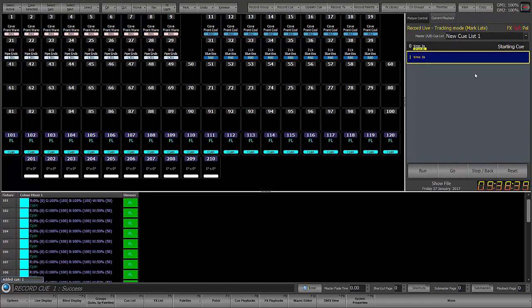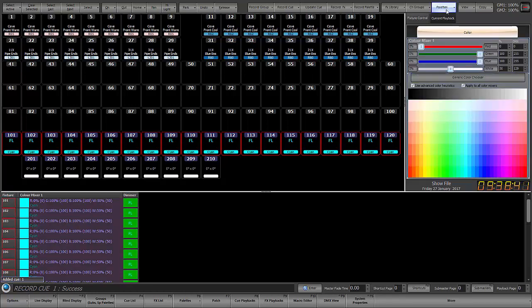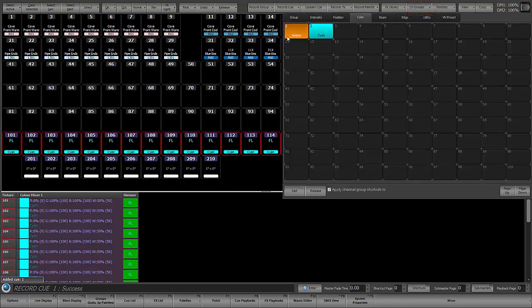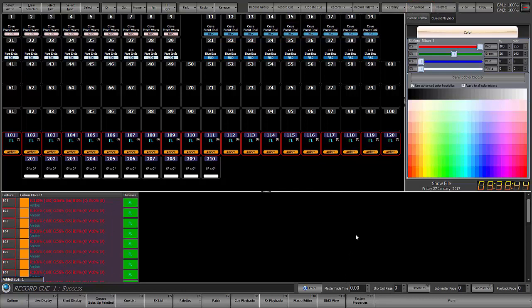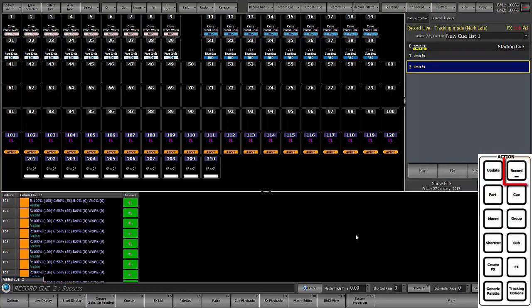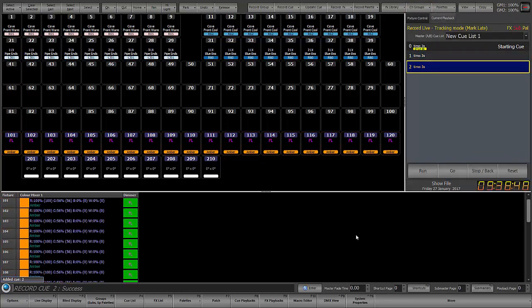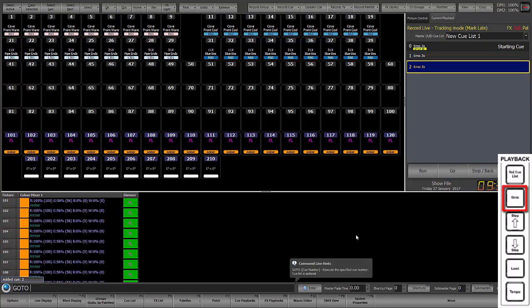And I'll just say select previous, and we're going to go to our palettes. We're going to go to amber. We're going to record the next Q, and there we have it. So I'm going to say go to Q0,